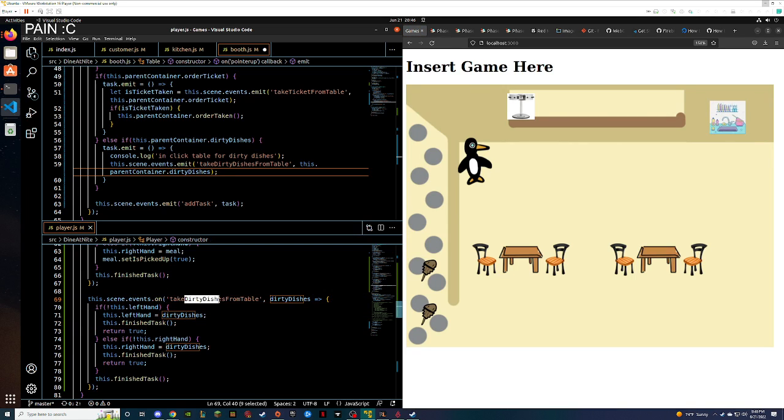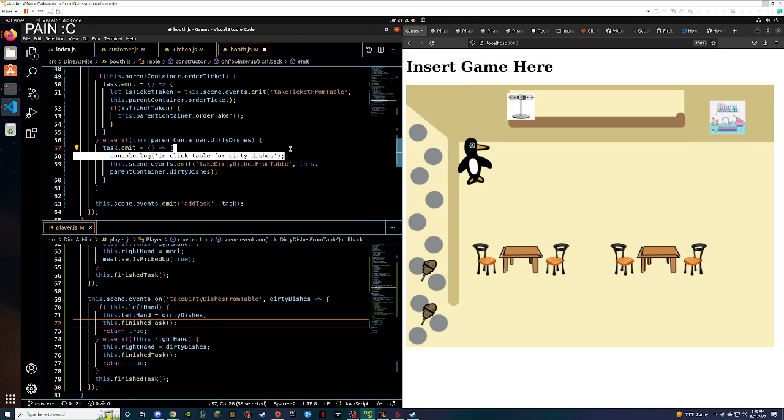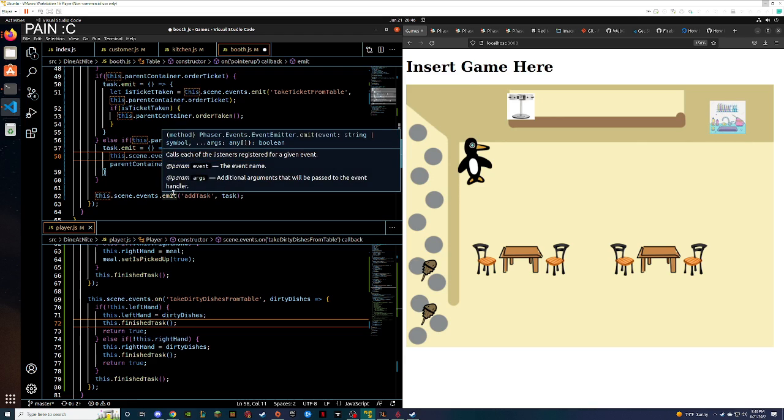Later, we can rename it take item from tables. I just want to make sure this works before going too far.